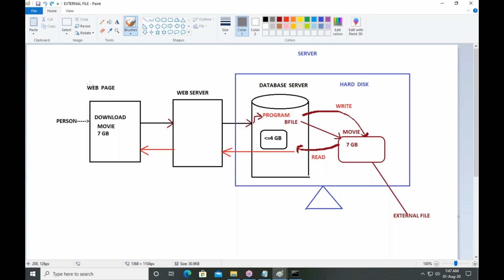See, let me explain the diagram first of all. Here is a person. He wants to download a movie. Size is 7 GB. So his download request is passed to the web server. From the web server, the download request is passed to the database server.